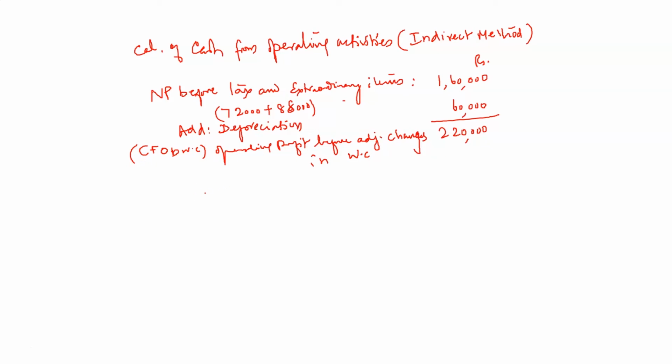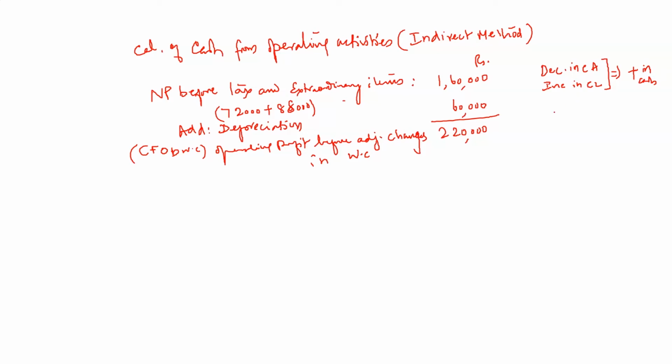So now we have to adjust changes in current assets and current liabilities. The general rule is decrease in current assets and increase in current liability means it should always be added. The difference should be added. That means increase in cash, plus in cash position,